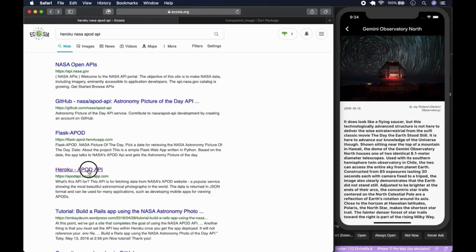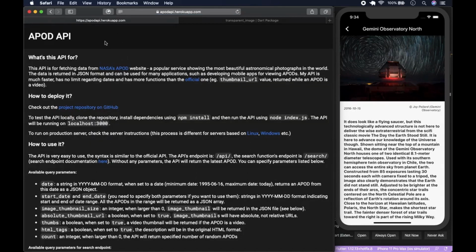The thing with the APOD is that it requires you to register and get a key so that you could make calls to the API. This one is actually faster, and you don't need a key, and it's a bit easier to use, right? So we'll be using